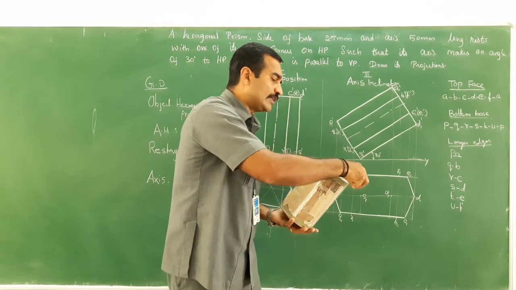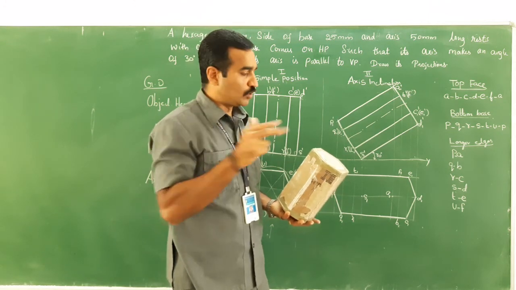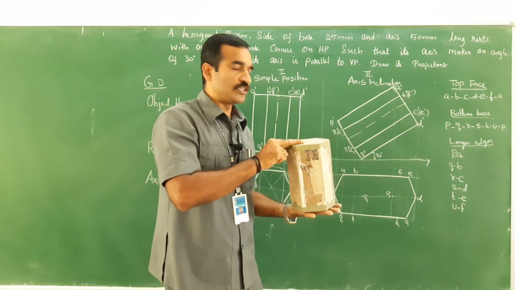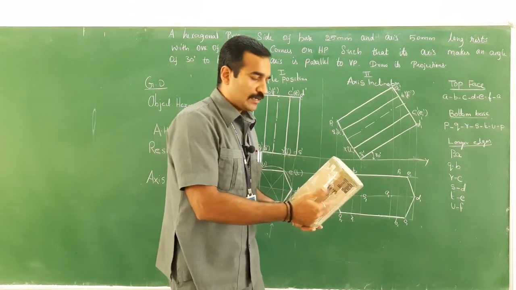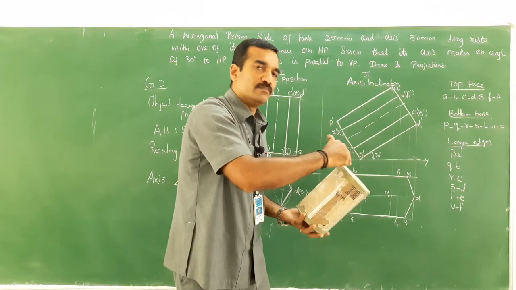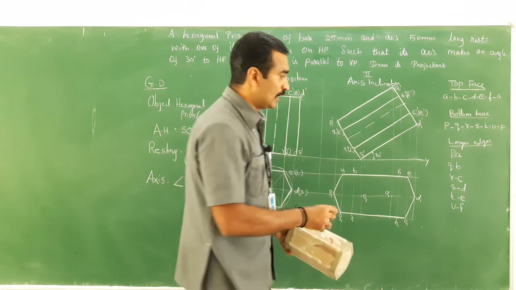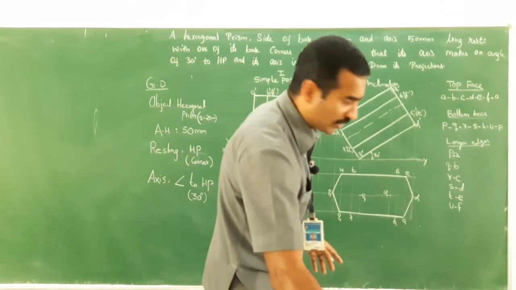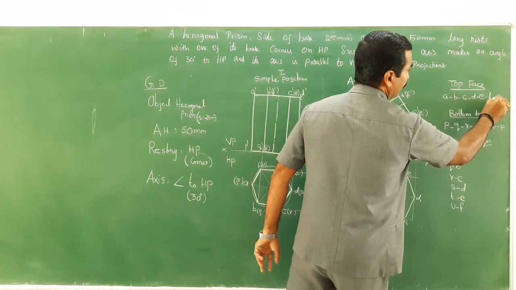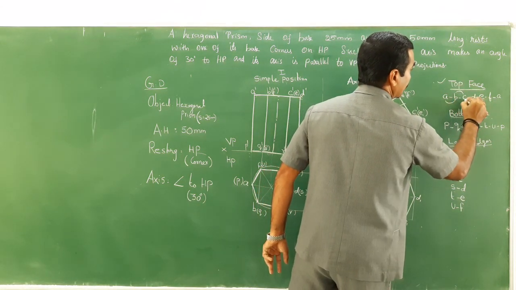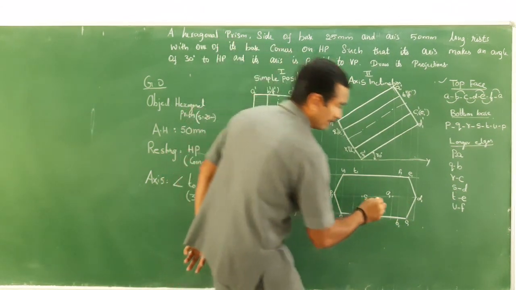Right. So all the corners would be visible. All the edges would be visible for me. So, top base, this is how initially it has been tilted at 30 degrees. When I look at it from here, if the object is tilted at a certain angle, the top face would always be visible if the axis is inclined. So let me just connect all the lines. How is it connected? A to B, C to D, D to E, E to F, F to A, right? This is how it is being connected. So I am going to connect all the lines.